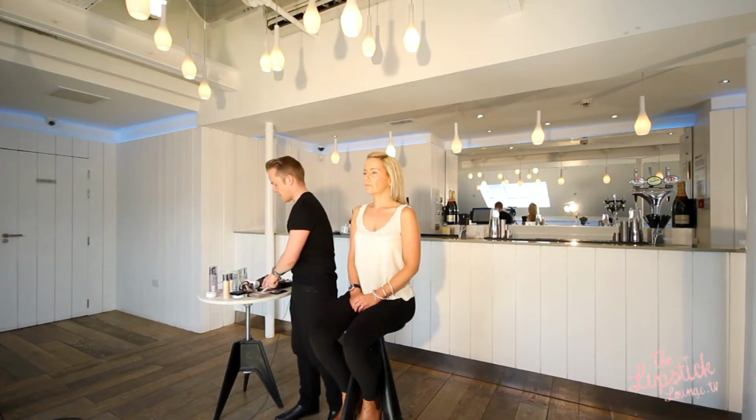So I'm going to do a small amount of contouring to give a lift, bronze, and add a warm summer effect to the skin. We're not going to go too over top with the contouring because it is a fresh time of year. We're trying to create a lovely light summer makeup here, but it is important to give definition. So when you contour,